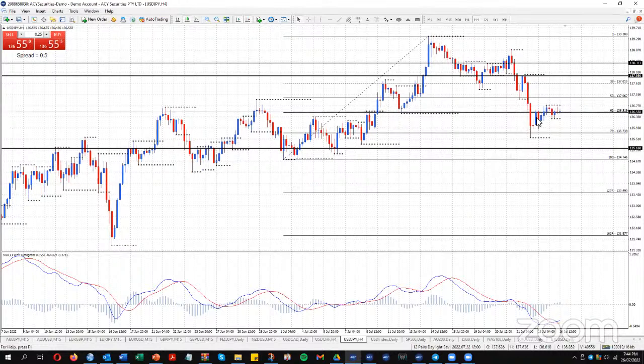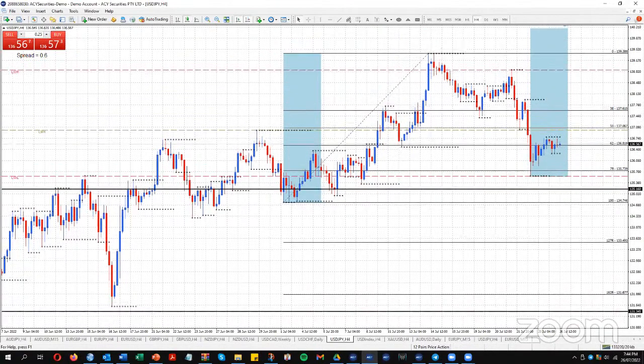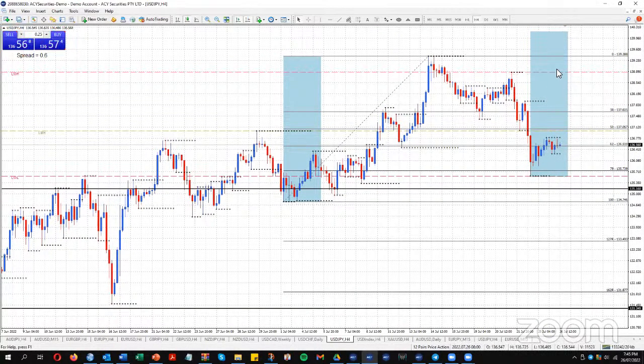So back to the dollar yen on my other charts, if we do start to move above that high there at 136.78, that's going to start to put this structurally in an uptrend on the 4-hour, and then this range, this candle range that we're forming, could well get copied up like so, just in line with the overall trend that we're seeing on the dollar yen at the moment.